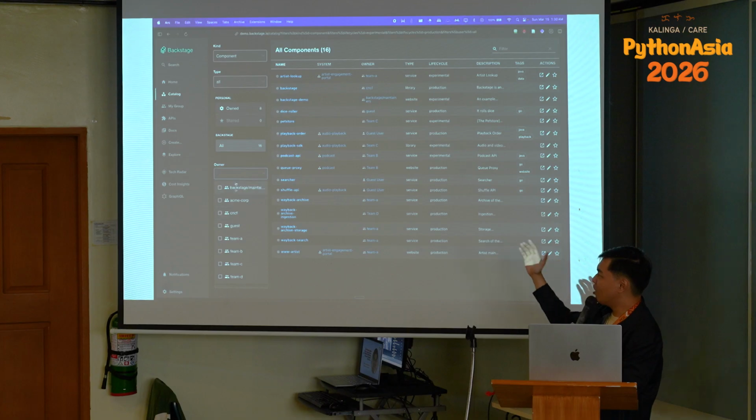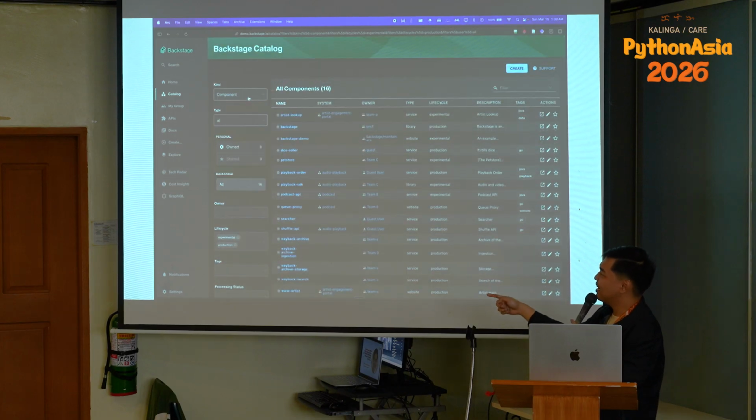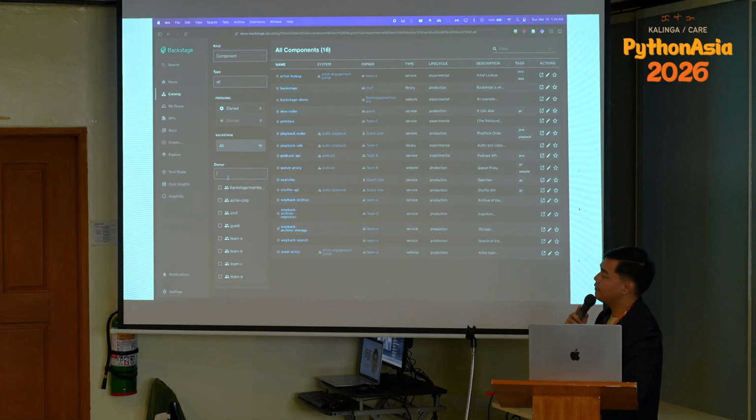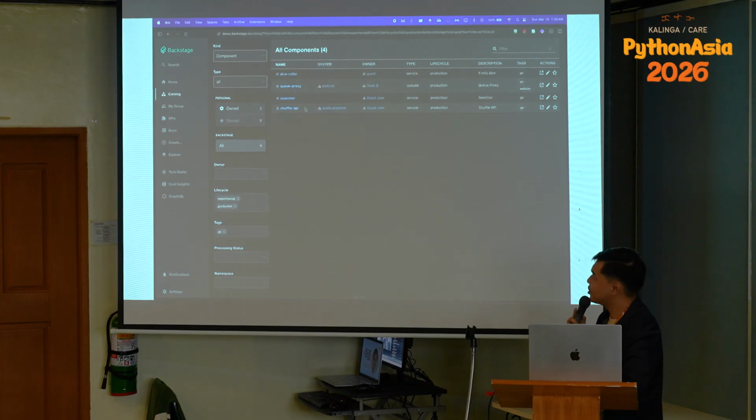You can filter who is the owner of the service. Is it team A, team B, or from the growth team? You can filter what kind of component it is. I think you can actually filter through life cycles, if it's in a production environment or in a non-prod environment. Again, you can filter through owners and all of those things. You can filter through programming languages if you set tags through it.